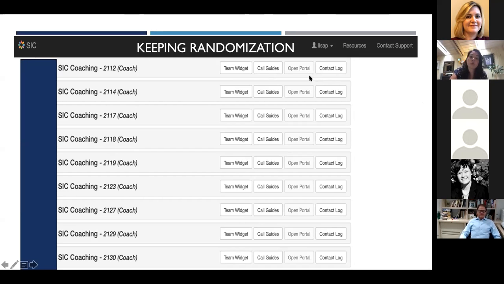We connect to their portal, and so they are able to put in the URL so that from the single website, they can navigate between the SIG information and their own fidelity monitoring from their own dashboards, and then our contact logs so that we're monitoring the contacts that they have with each of the organizations.